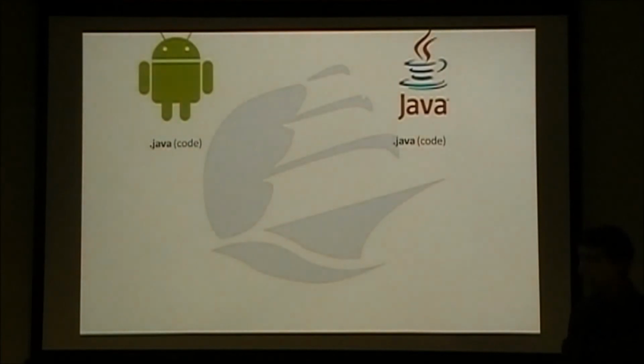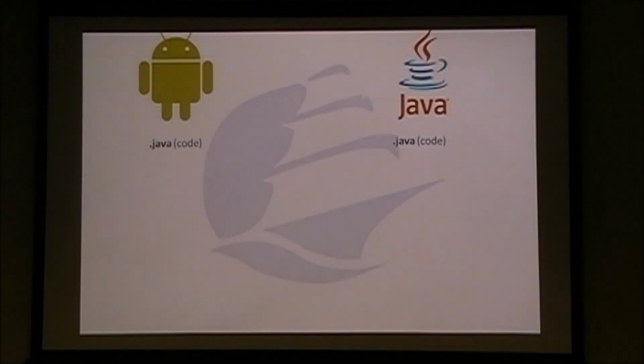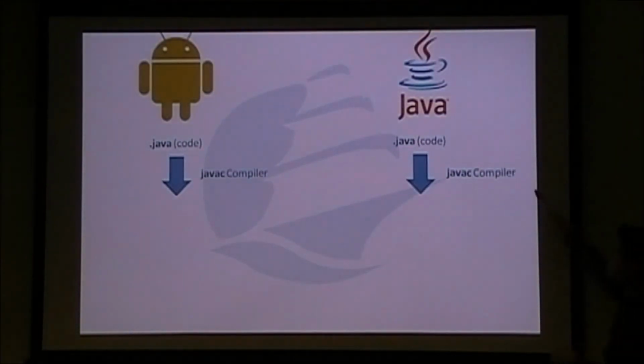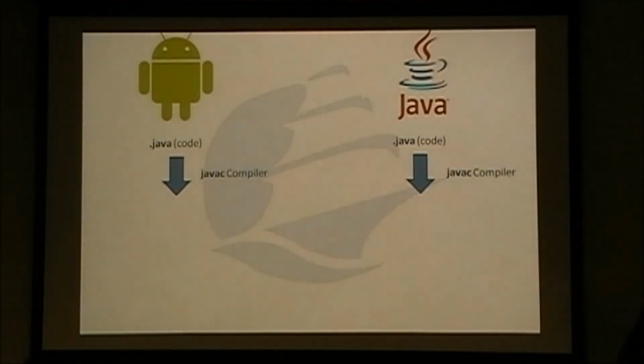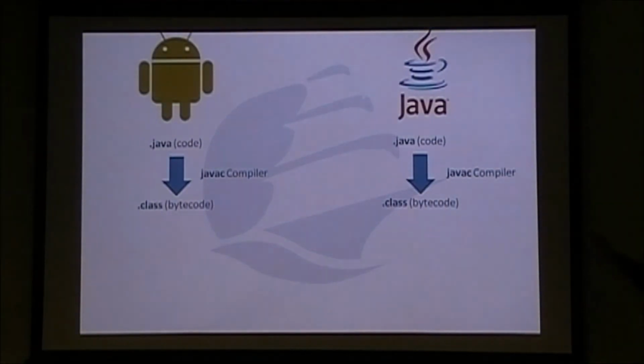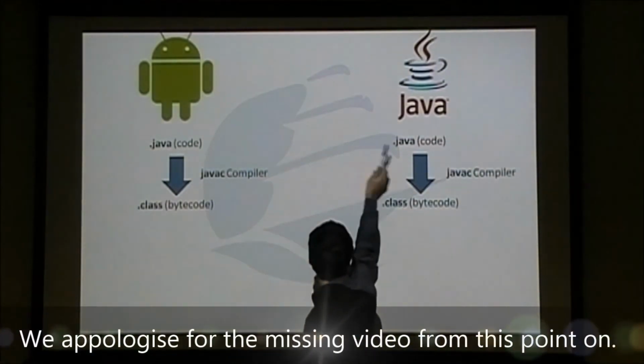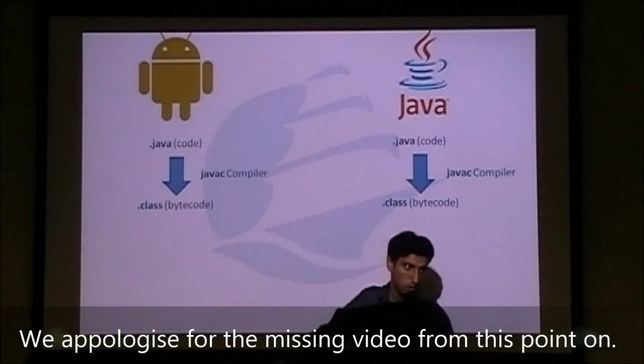We write a source code that's Java, and that code goes through some compiler. And they're both using javac compilers, and it's being compiled from Java code to a class file, which is an intermediate language. All right, so we're the same until this point. We write Java code on both of them, we compile that down to class file,